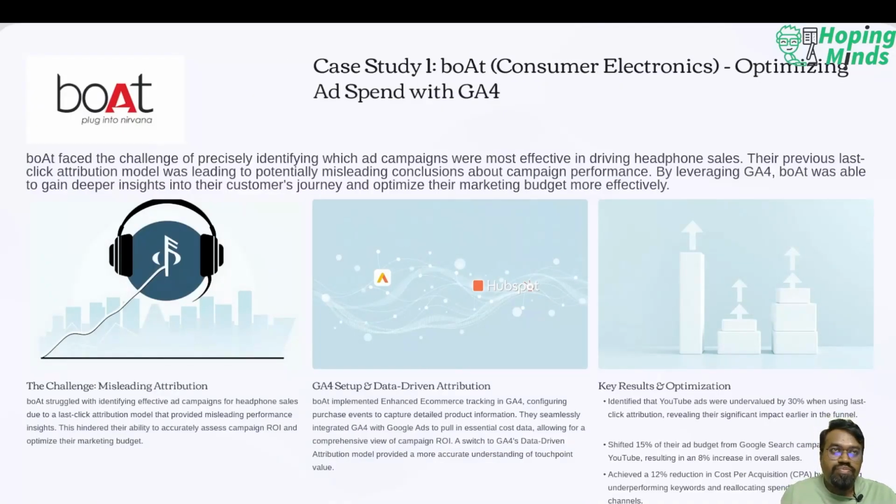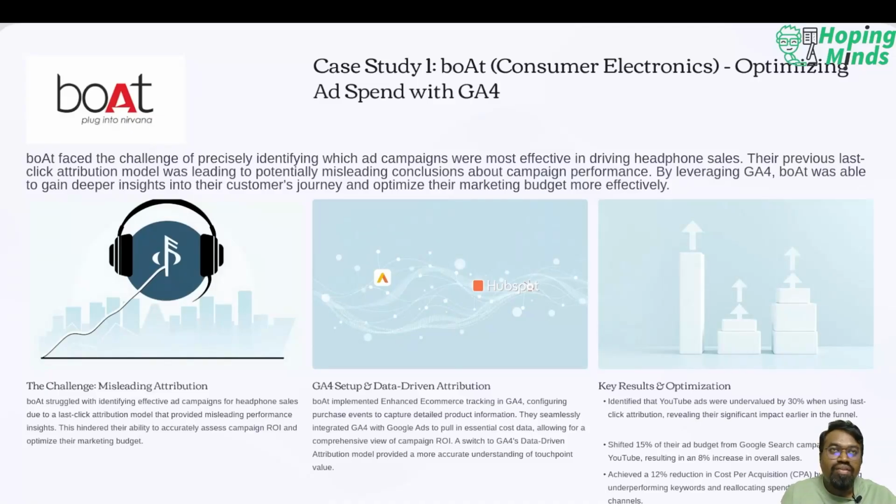So let's start with the first case study that we are having for today, which is Boat, focusing on consumer electronics. Now, what they did, they optimized ad spend with GA4. Now, the challenge they specifically had: Boat struggled with identifying effective ad campaigns for headphones sales due to the last click attribution model that provided misleading